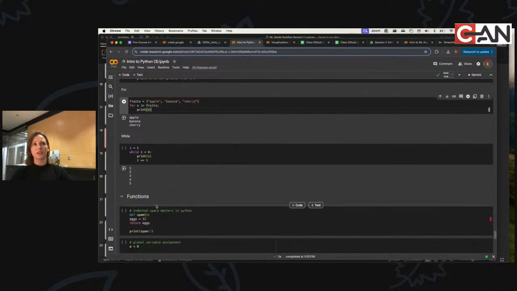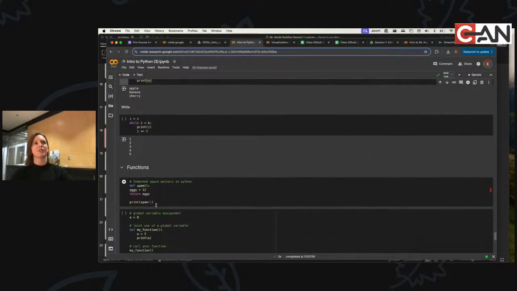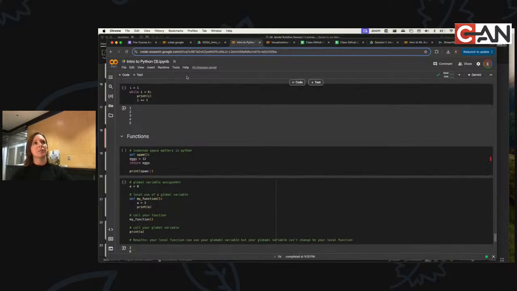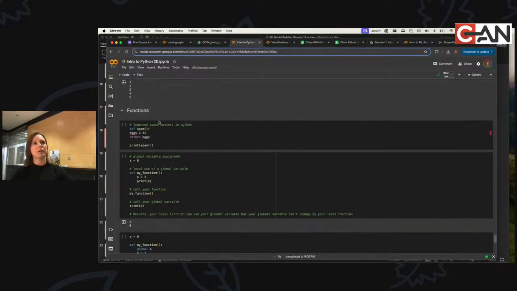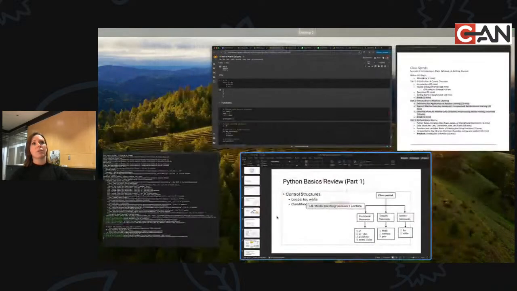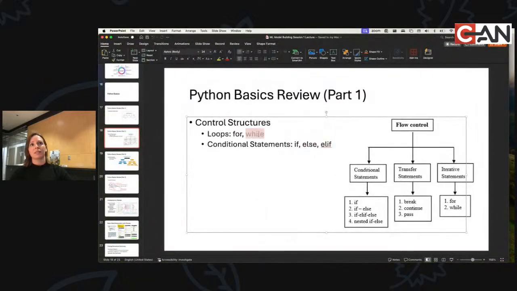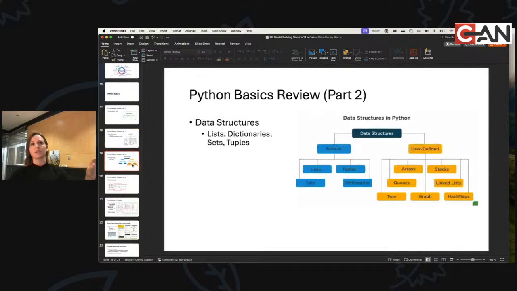I'll send you guys videos because I feel like I touch on these very lightly, and there's probably more. I won't even put while on. It's not necessary, but for loop for sure. If, else, elif, that's fine. Okay, so conditional statements, for loops, and if statements.